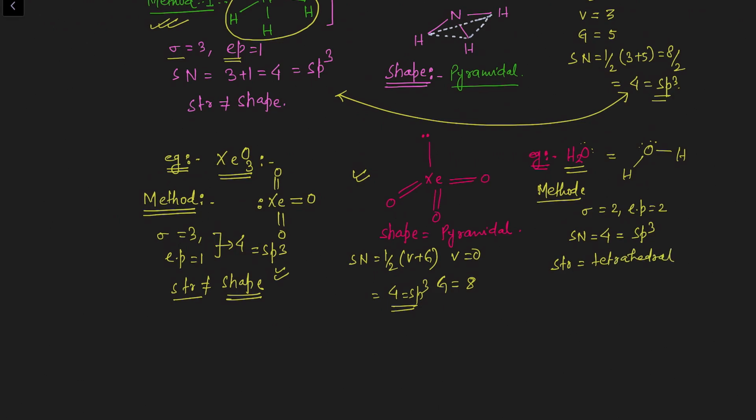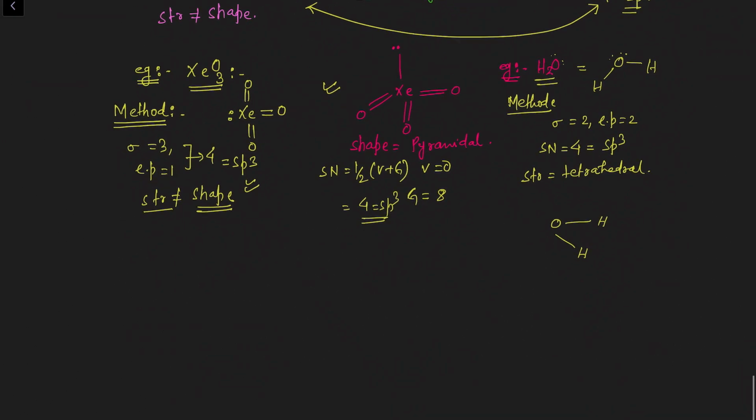Now how to get the idea about the shape? First draw the tetrahedral structure of this hybridization. Now put the lone pair anywhere, just I am putting here and here. Rest of the positions occupied by the bond pair of electron, right? Tetrahedral structure of this molecule. Now hide the lone pair part. What is visible? Bent, V shape, angular shape, right? So what is the shape of this molecule? Again V shape, bent shape, angular.